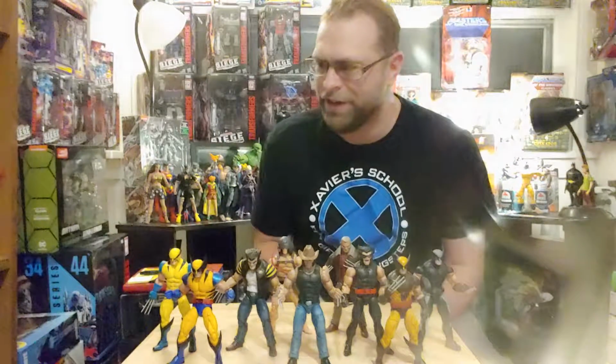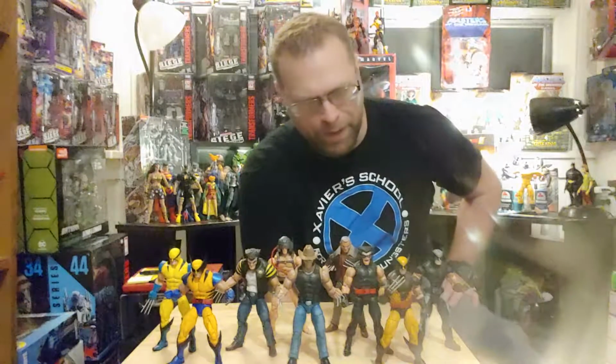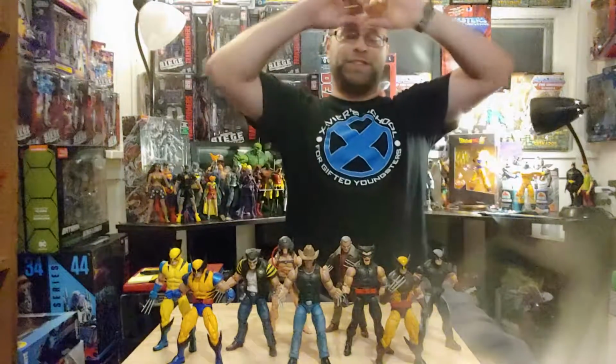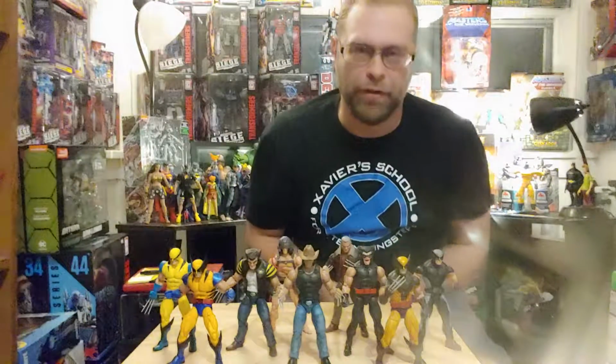I ordered that Magneto three-pack because I have been talking about it in almost every one of my Marvel Legend reviews. I've really been looking forward to it. Just putting it off and putting it off, and finally I couldn't take it anymore. I was like, okay, it's time to order that bad boy, because I love the classic look, and I've seen a lot of people do a lot with it. I was just getting jealous. I had to have it. So that will be my next Marvel Legend review, unless something else comes up before then. But I doubt it, because even that